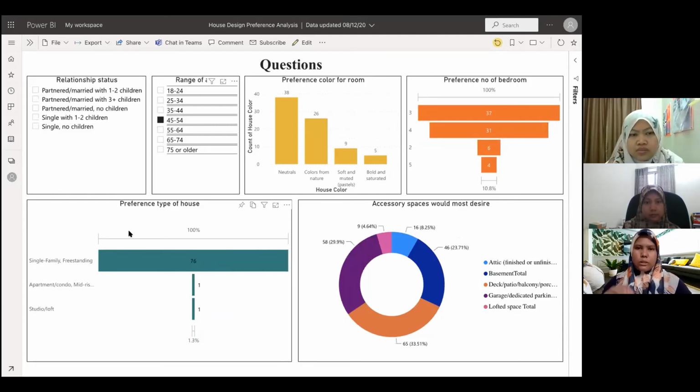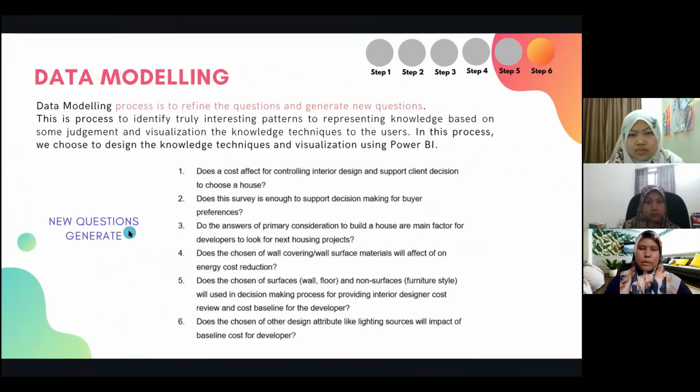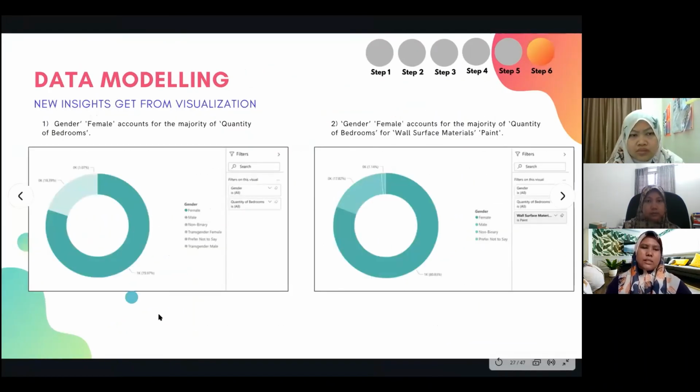Okay, next I will explain the insights after we do the data modeling. These are a few insights that we get from the visualization. The first is that gender female accounts for the majority of the quantity of bedrooms. You can see here, female is more than male. The second is that gender female accounts for wall surface material, which is paint.